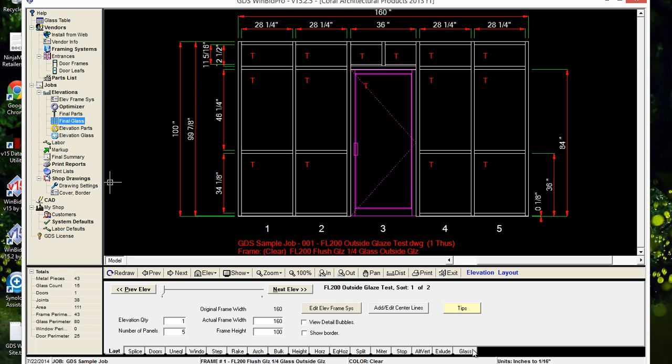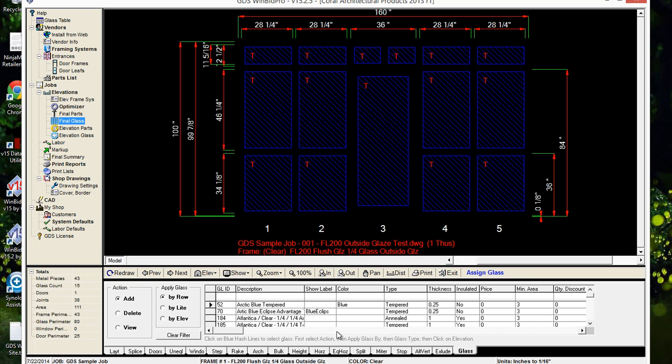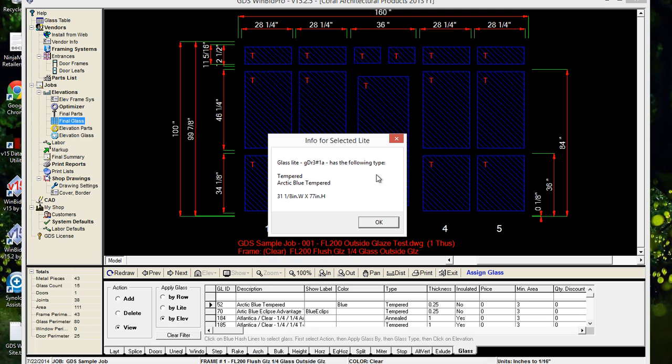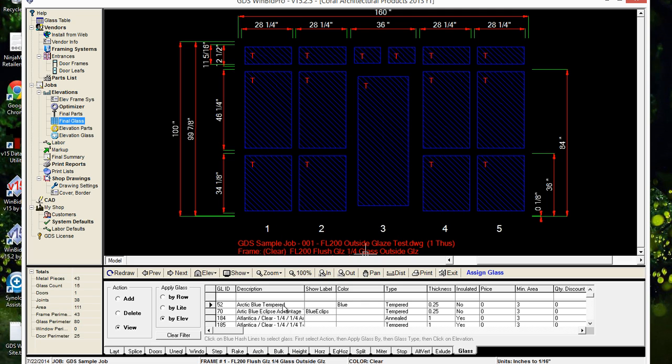So another way to check it is we go to the glass, and I can go to view, and I can say it's all the same in this elevation anyway, so I'm just going to say by elevation. And yeah, it's still not telling us based on that. So I guess it's kind of a good idea to have the thickness in the description. I'm not sure. I think we got this list from a customer and we just kind of passed it on,